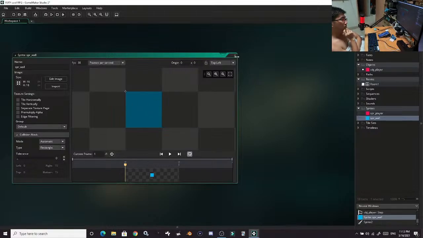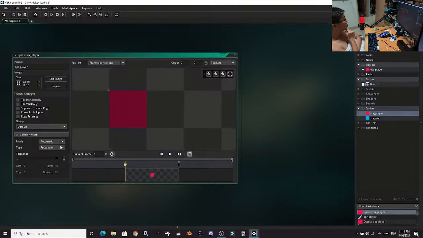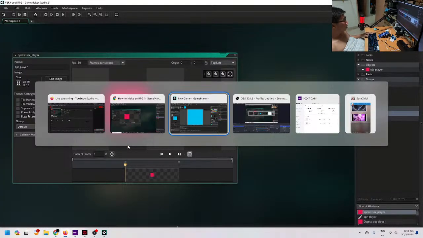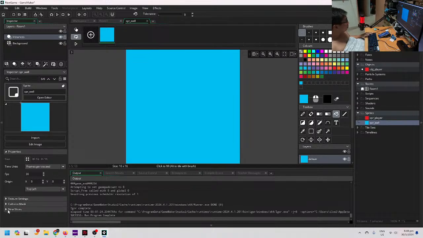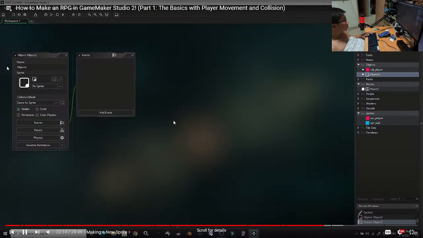And we could do the same thing, check the player sprite really quick. It should be exactly the same. It should be this whole thing. If I go into manual, I can see that it is this full square. But just keep this in mind, because down the road, this is something important to note. Alright, now, let's make another object for our wall. So create, go down to object, name this